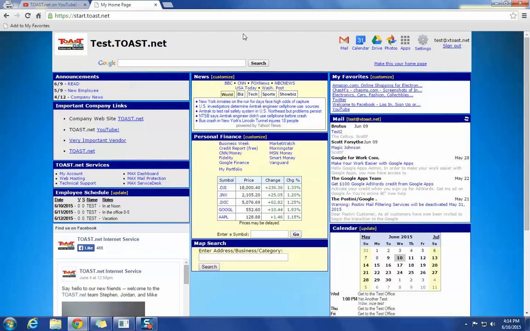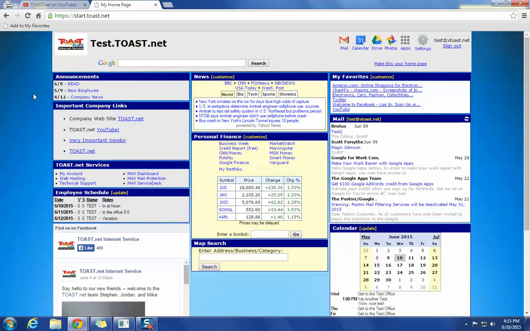So now you'll see the page as a whole here that's broken down into three columns. The left column is kind of a company-wide business information column. The center is your personal eye candy, and the right column is going to be kind of your personal business use. So getting started on the left side there in the top left corner, that announcements module, we can set